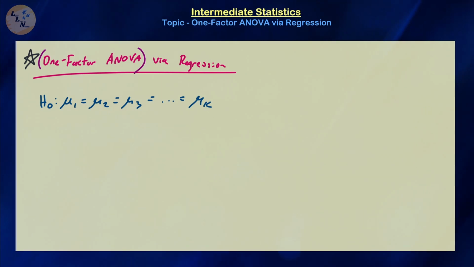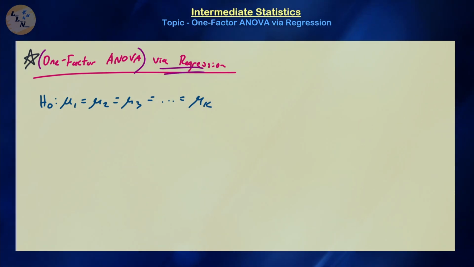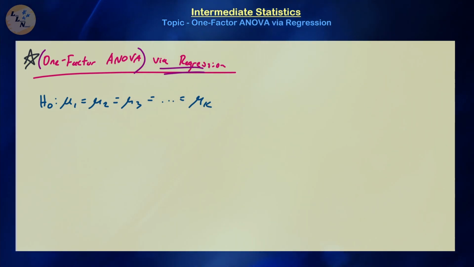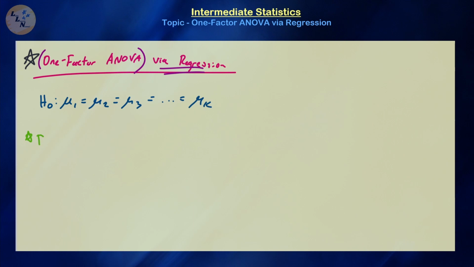And the method that we're going to be using here is what we refer to as a one-factor ANOVA, and there's actually two different ways of going about a one-factor ANOVA, and we're going to be going about it in the multiple regression approach. Right? So let's first off talk about how we solved it before and the downsides of it. So remember, before we used what we call a pairwise comparison